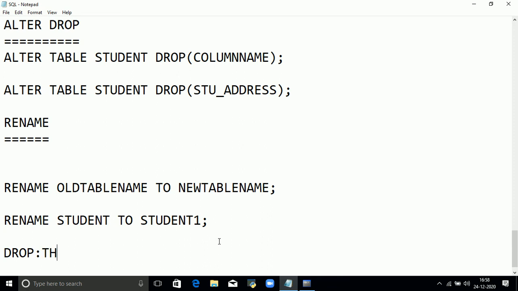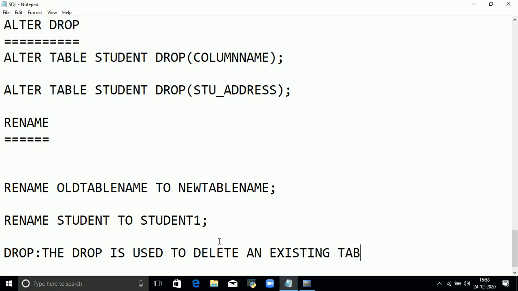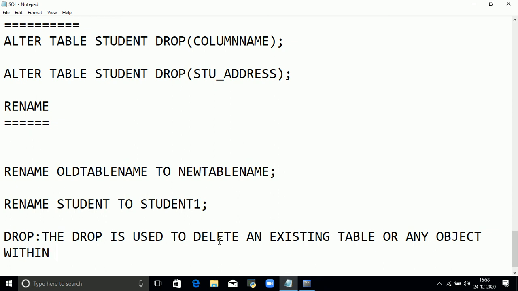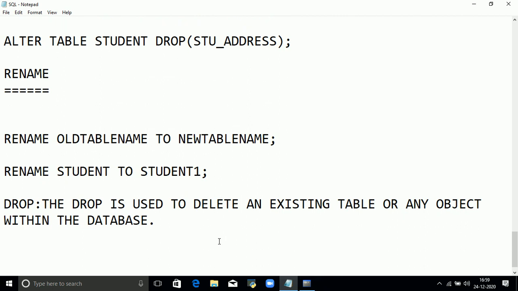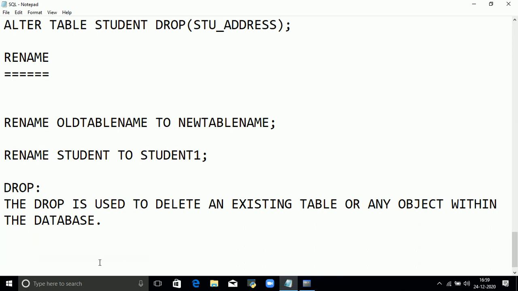The drop command is used to delete an existing table or any object within the database. What is the syntax of the drop command?